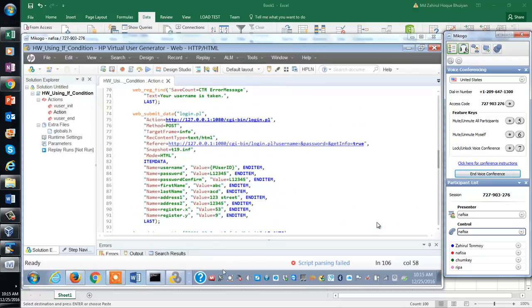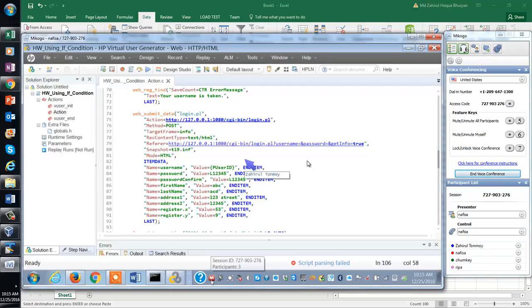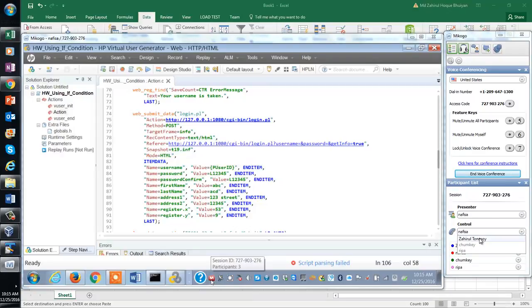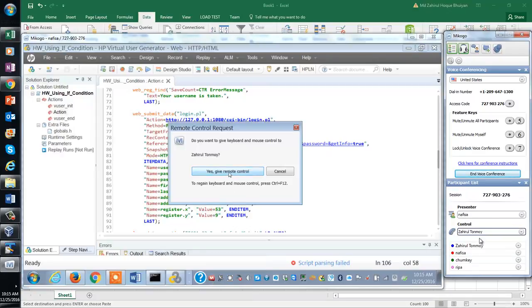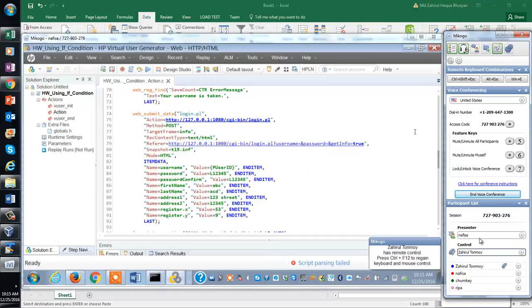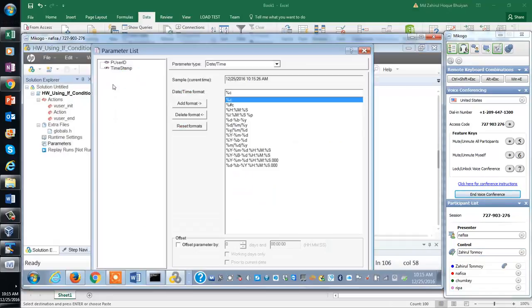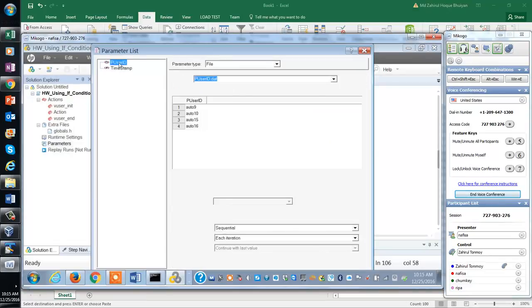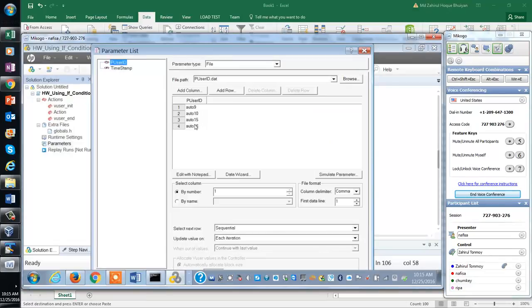Did you get the control? Yeah, I got the control. I didn't get the control yet. Let me take the control. Okay. If you take a look here, in the parameters we have the user IDs, right? But how many user IDs do we have?